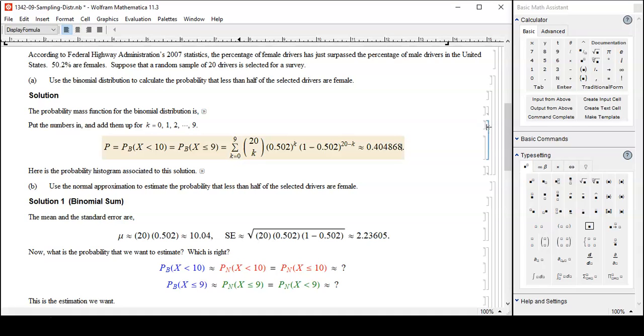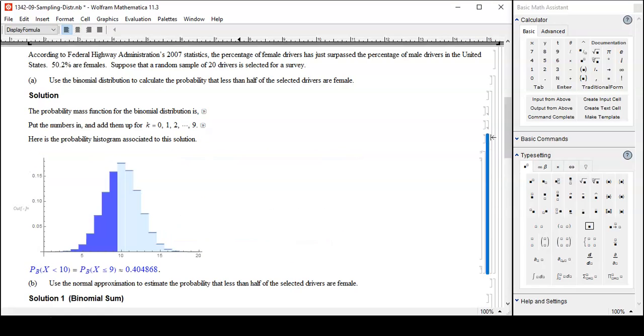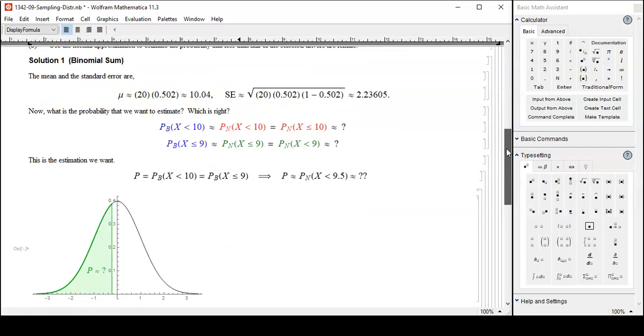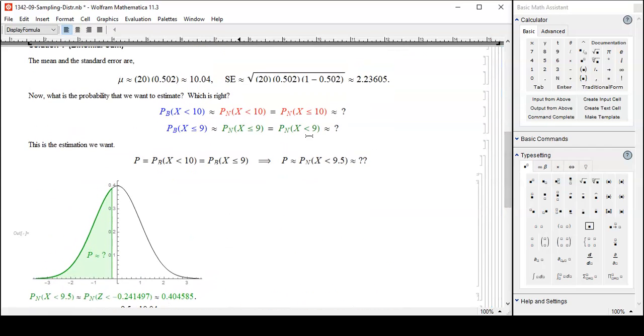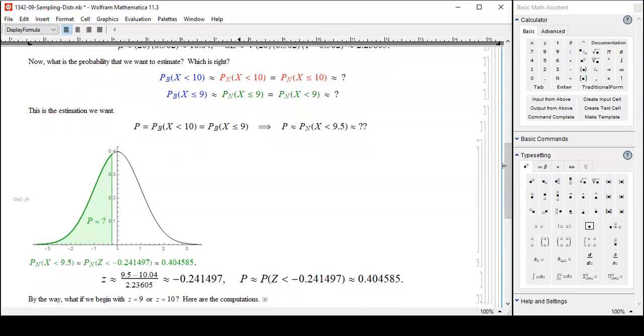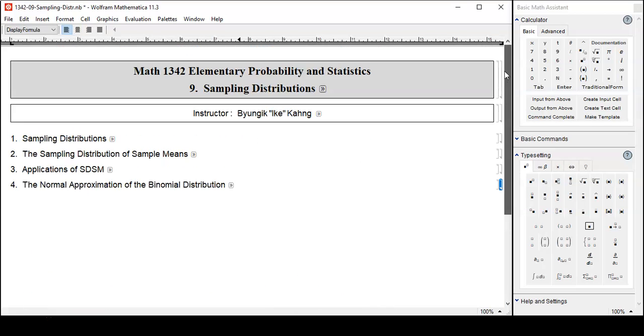0.4048, very close. Oh, by the way, this picture that I forgot to show you, this is a probability histogram that you get from binomial, but as you can see, that resembles normal very much. So the normal approximation is supposed to work, but it'll work only if you make an appropriate adjustment to the endpoint like this, 9.5 like that. If you do it like that, then it'll work. Alright, so much for